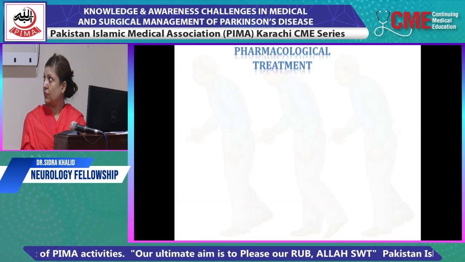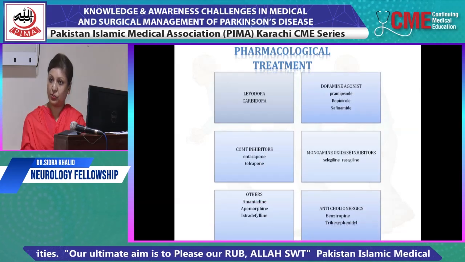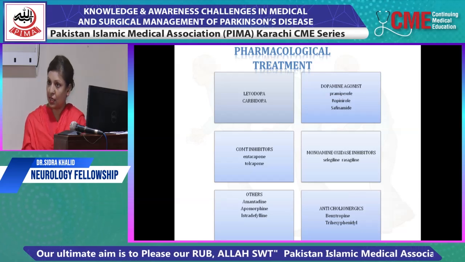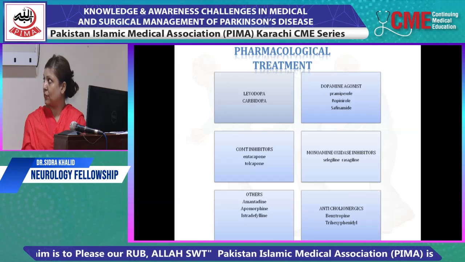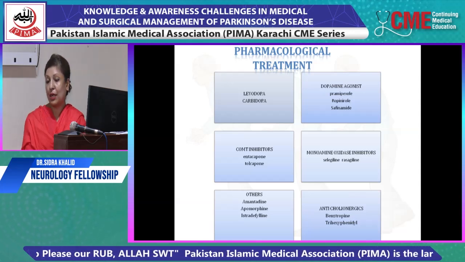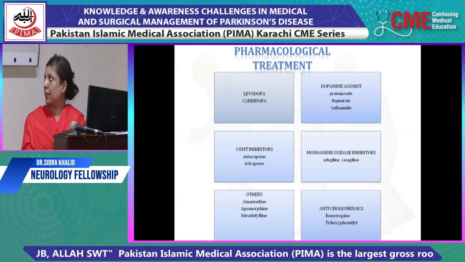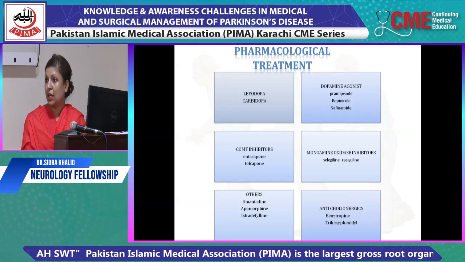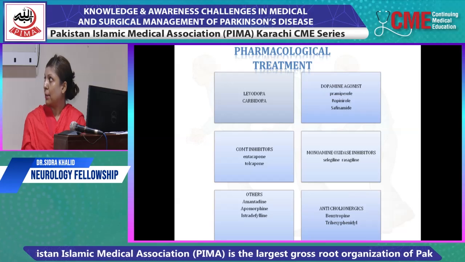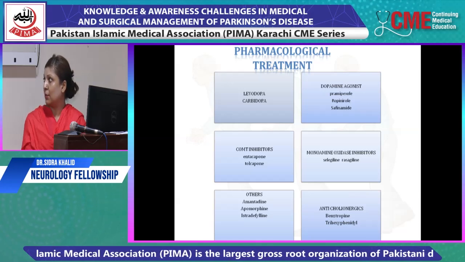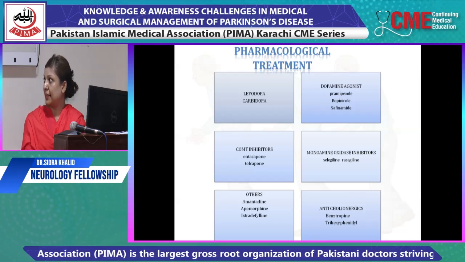Now the pharmacological treatment. For pharmacological treatment, we may divide patients having tremor dominant disease or those having rigidity. We should start these patients with anticholinergic treatments. Moreover, patients who are younger than 70 years of age can be given dopamine agonist rather than levodopa itself. In older patients, we may start levodopa-carbidopa combinations. Apart from that, we may also start in younger patients monoamine oxidase inhibitors, including selegiline and rasagiline, along with exercise.